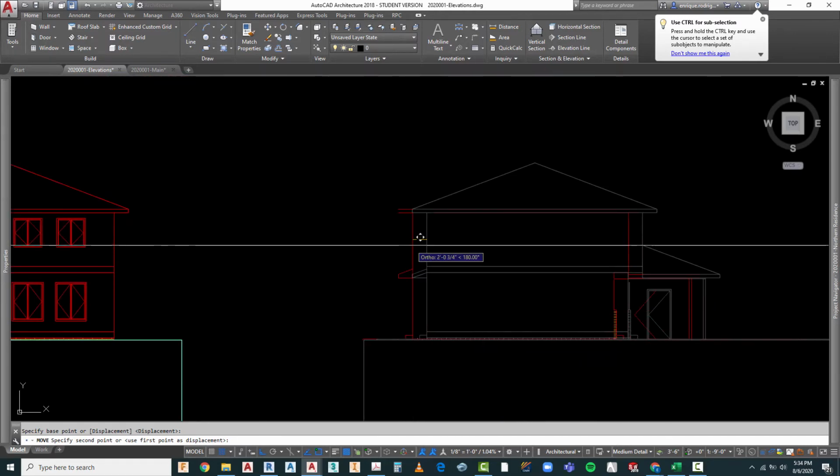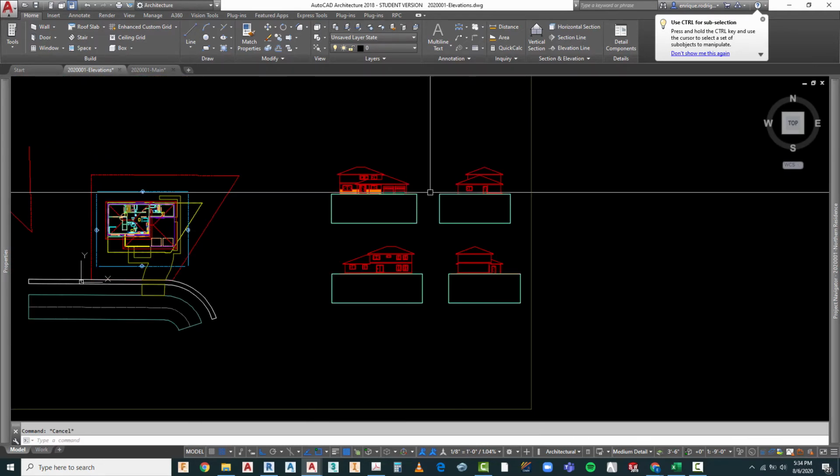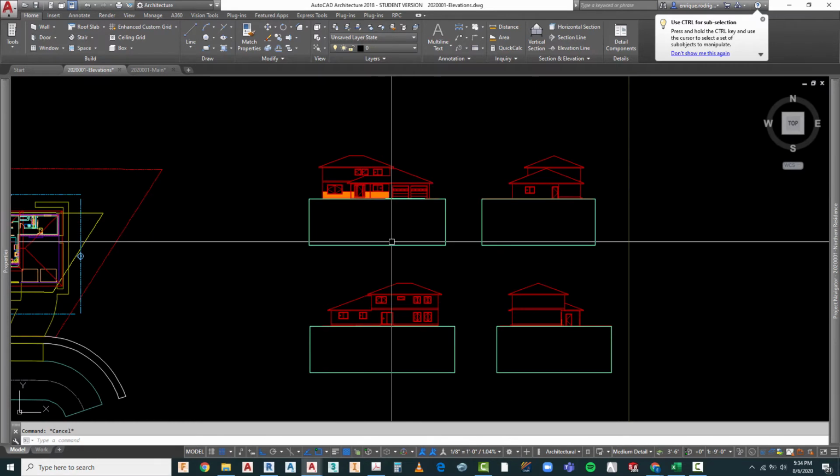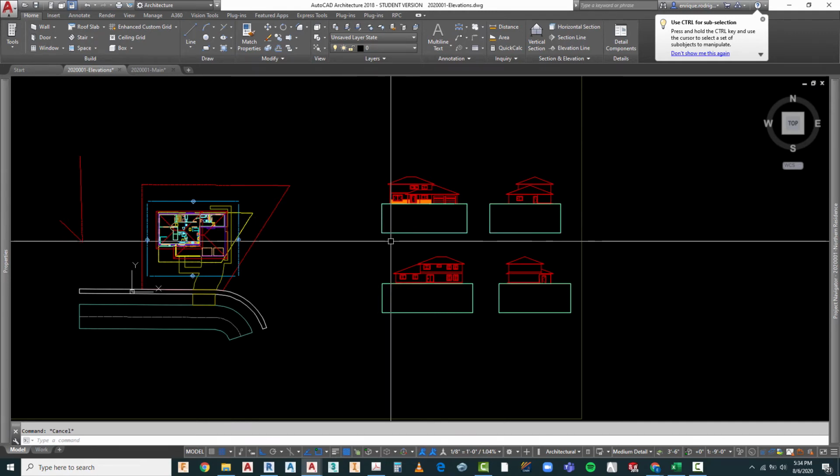And let's just leave it just a little bit more to the left. So what we've got is 4 rudimentary elevations that we would need to modify. Now, if you recall in our constructs and in our